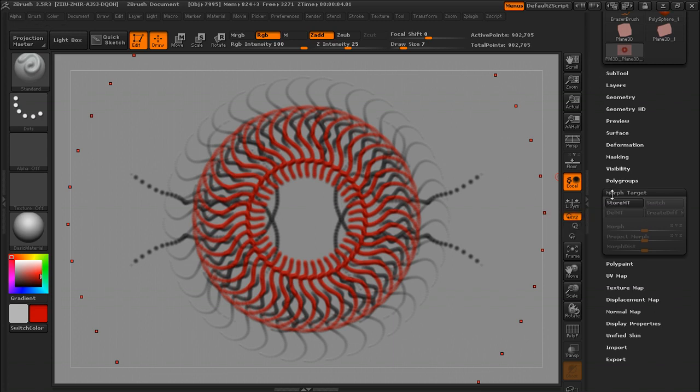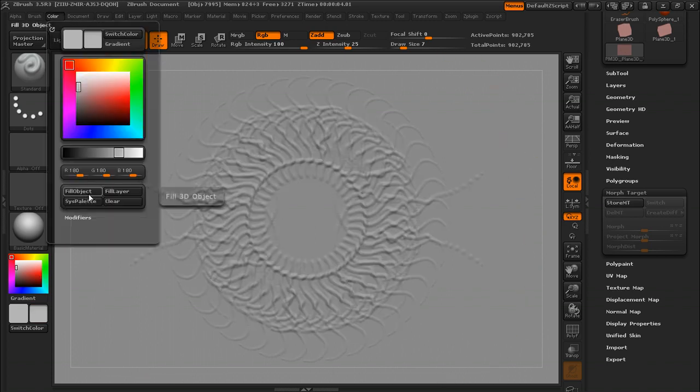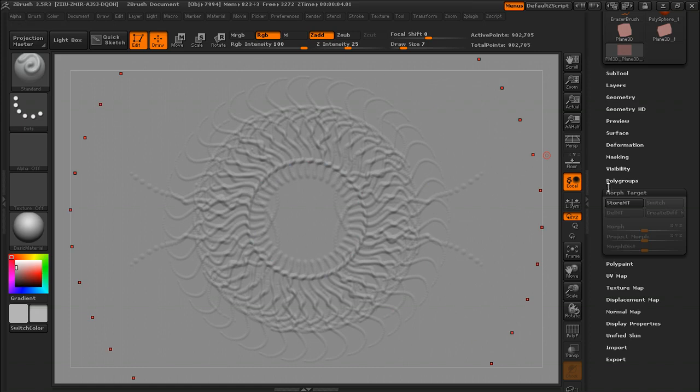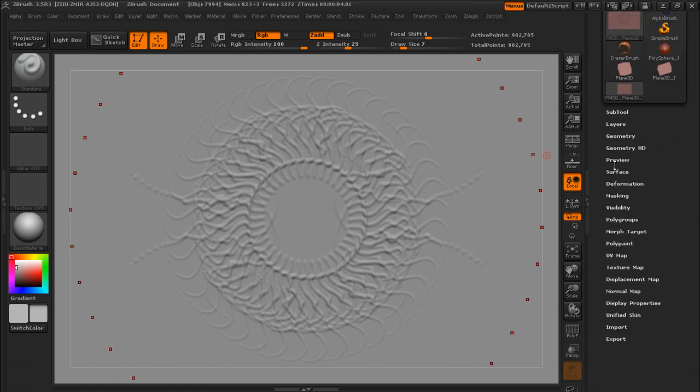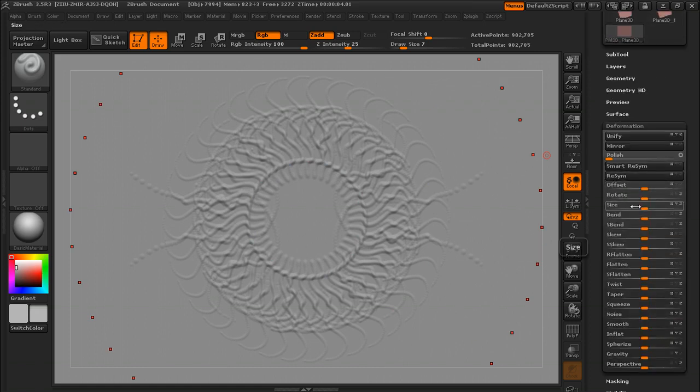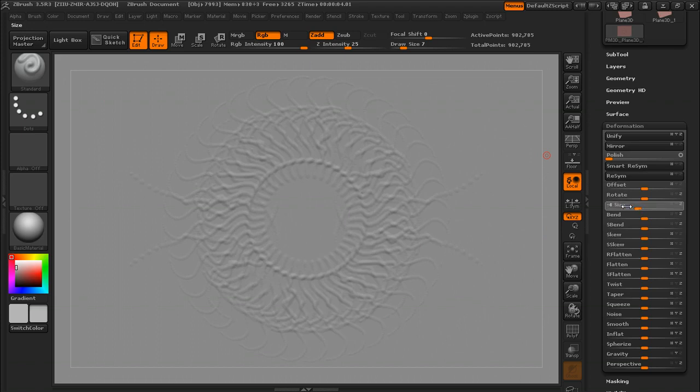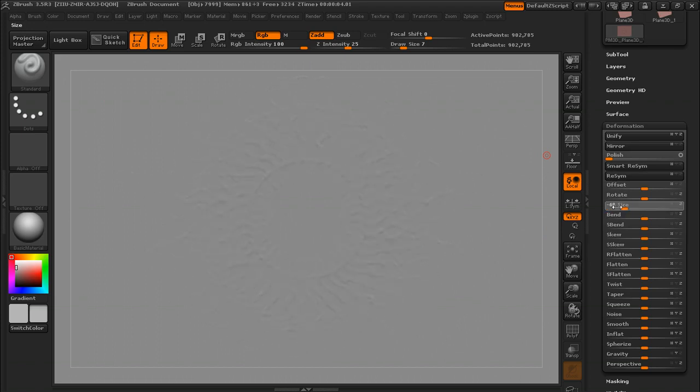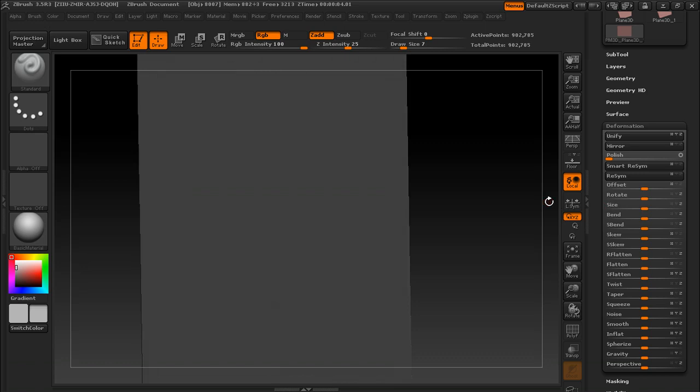I didn't do that, so what we're going to have to do is I'm going to hold down C, and then we're going to go to color, fill object, so we can just see our deformations. One thing we can do is go to the deformation menu, and under size, we're going to turn off X and Y, and we're just going to have Z. We're going to crank that down to -100 until all of our deformations actually go back down to nothing. What that's doing is making the size deformations in Z, which is the plane facing outwards, back down to just